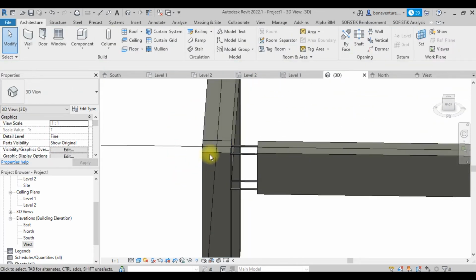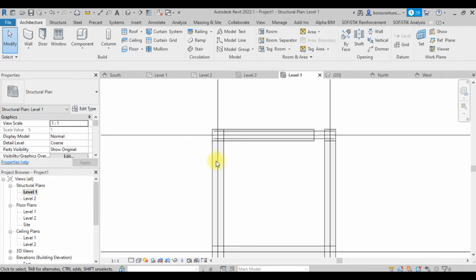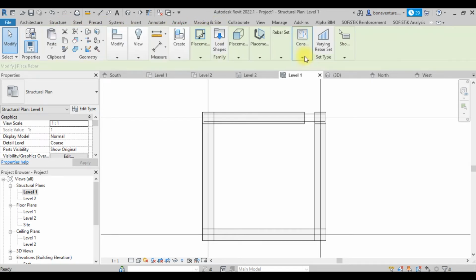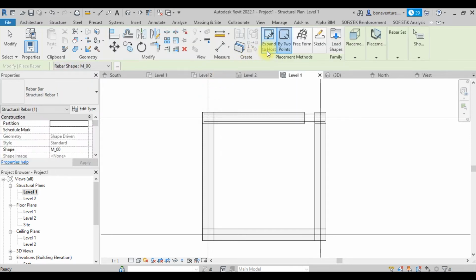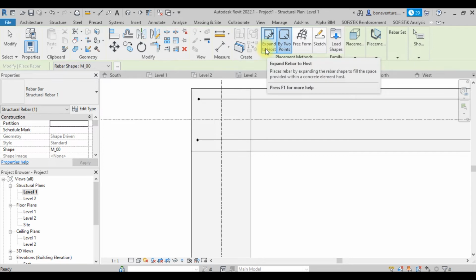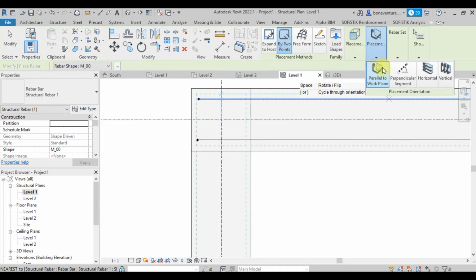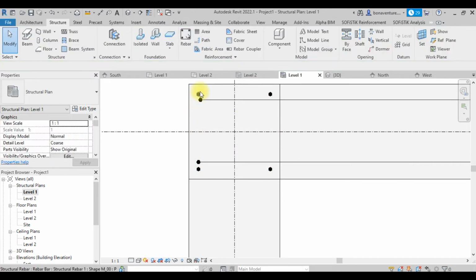So let me put up the reinforcement for the columns. So I'll come back to this rebar, structure, rebar. Then the by 2 points there. Then placement near cover. Okay, so I will now click this, this. Okay, and it happened that